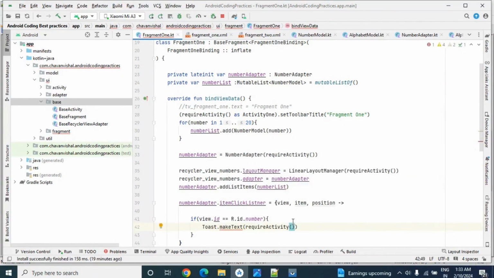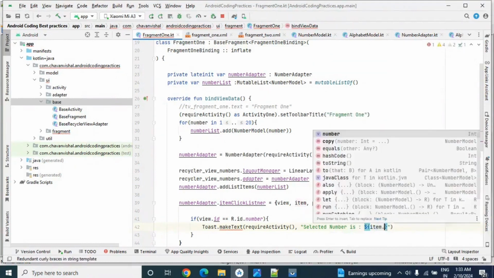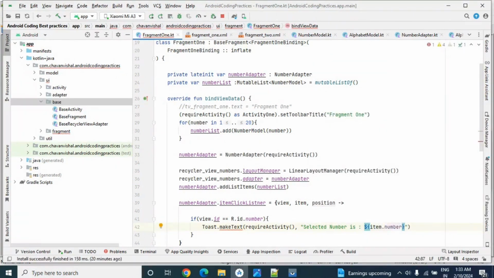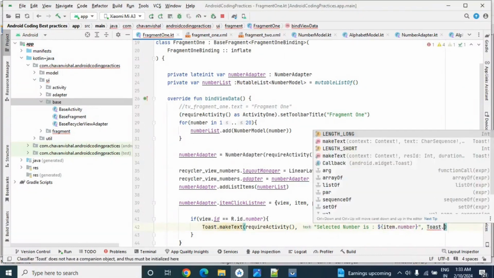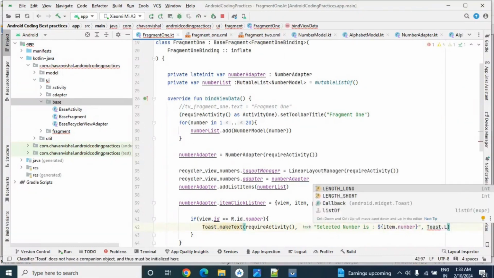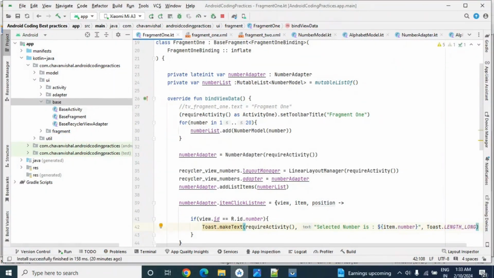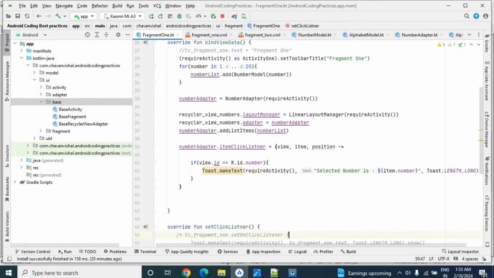Here we will pass requireActivity, then we will print that number: "Selected number is:", then we will use string interpolation here, $item.number, comma, Toast.LENGTH_LONG. So here we are printing the toast message.